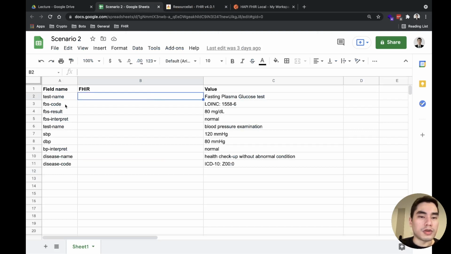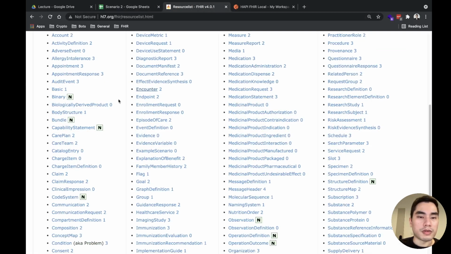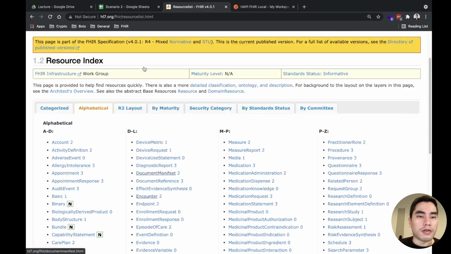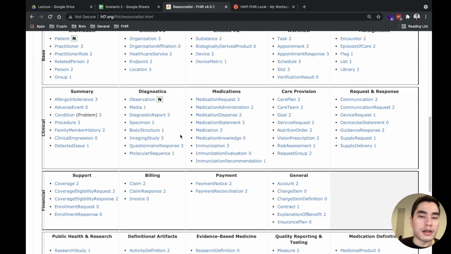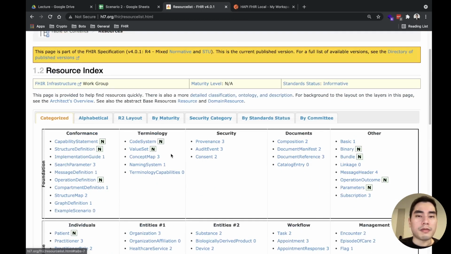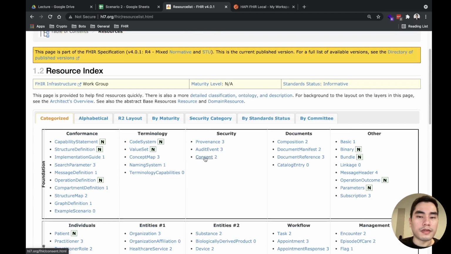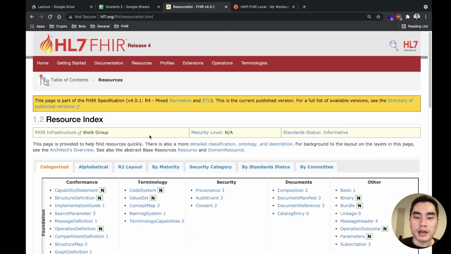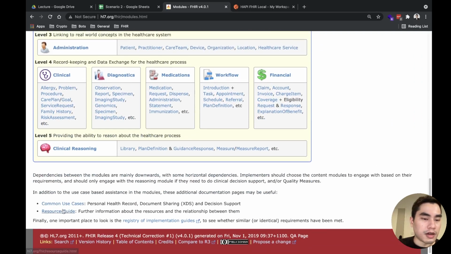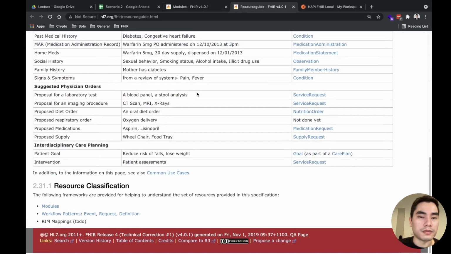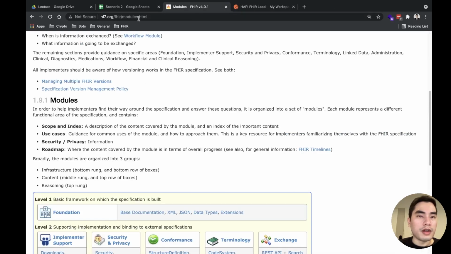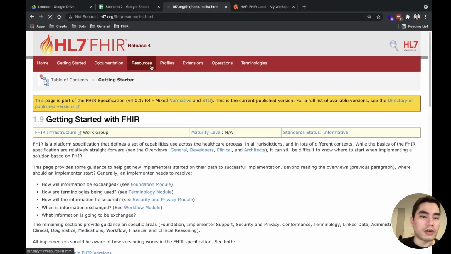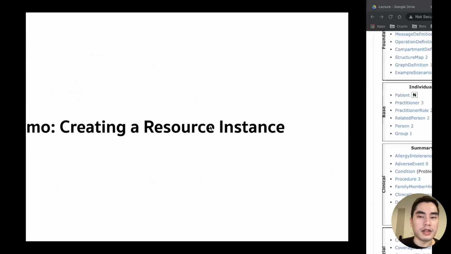If you don't know which resource to fill, maybe you have to read the resource that you think might be the correct one, or maybe read some guide. I think there is a resource guide here to guide you as well. So from here, I will fill in all the resources that we need.